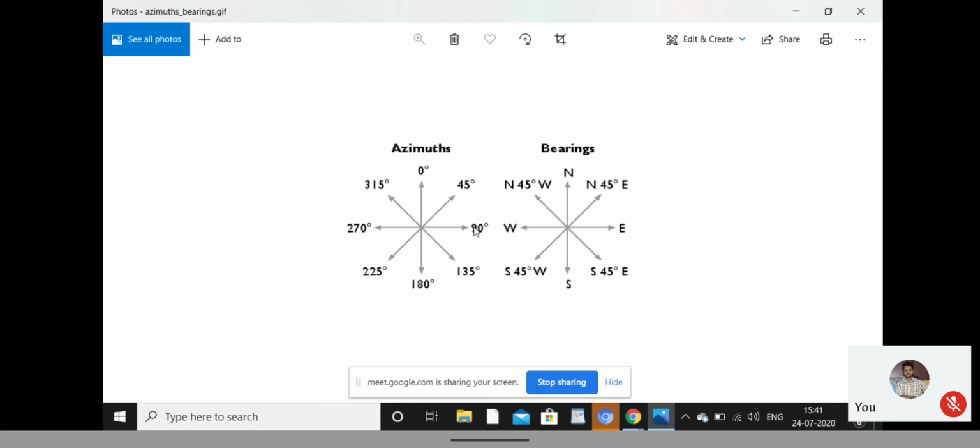For east, if the arrow is in 90 to 135, it will show you east. If the arrow is in 135 to 180, it will show you south. And if the arrow is in this range, 270 to 315, it will show you west.